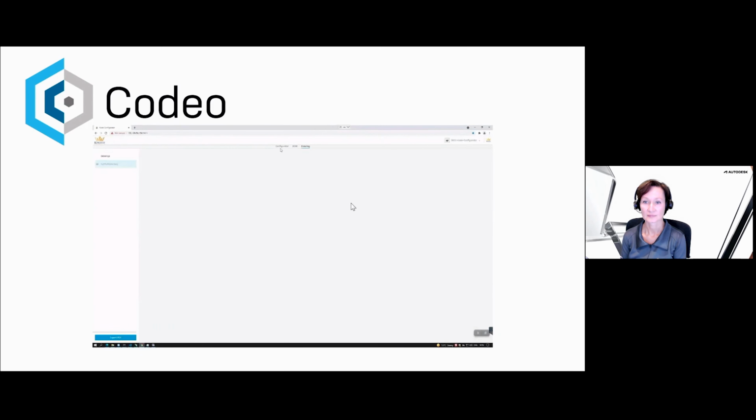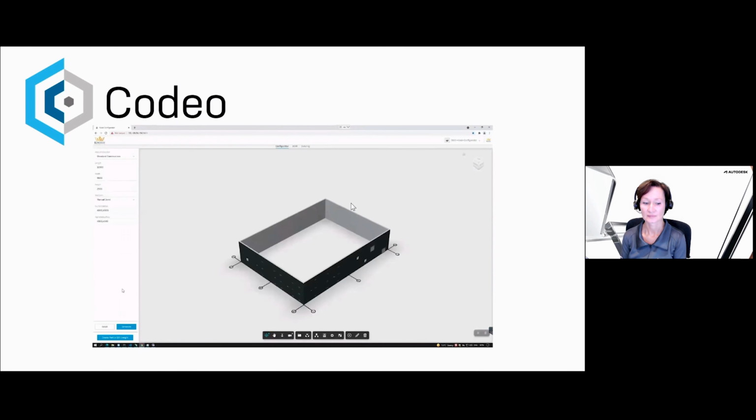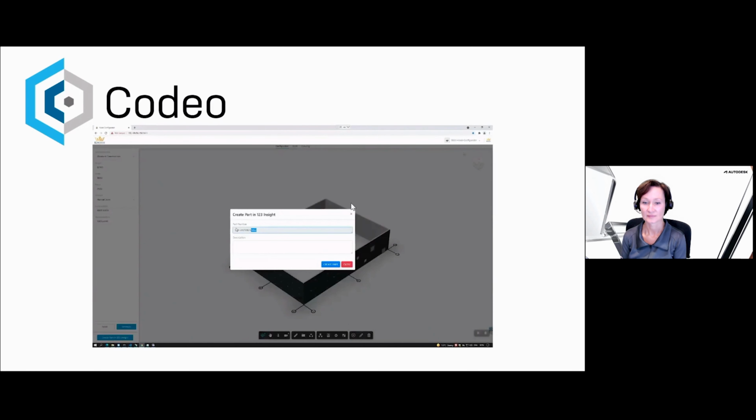Let's go back to the configurator and push this project to the ERP system. So this is the unique number, and we're going to add a description, AU demo project, and hit the create part button.